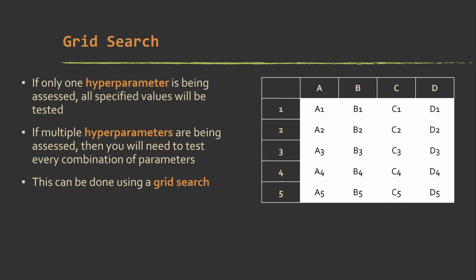If you're testing a lot of values, you have a large data set, a lot of hyperparameters, whatever, this could take hours. I've had it take days before. If you are worried about how long this takes, you can look into doing data parallelization methods. R has some techniques for that and some packages that can speed this up a bit. And there are alternatives to grid search that we're not going to talk about here.